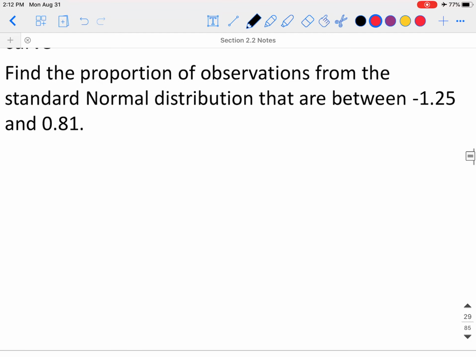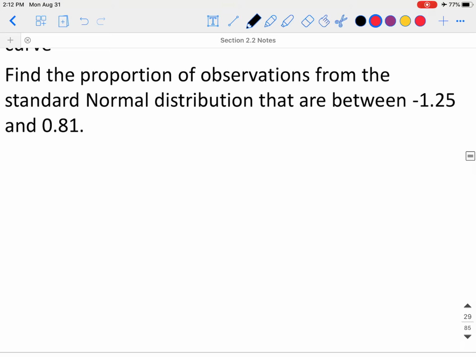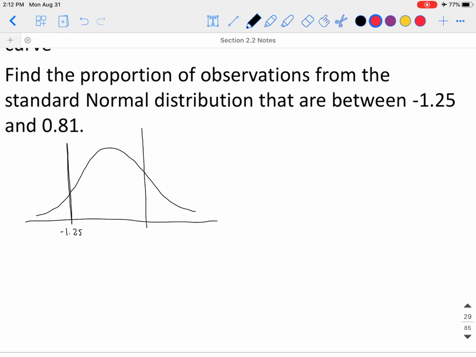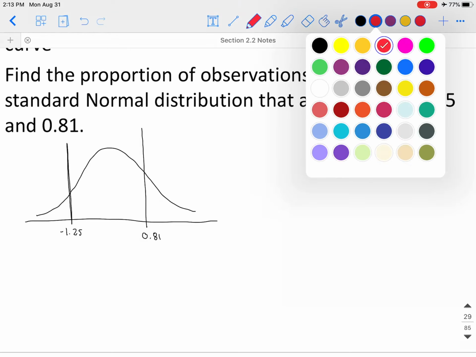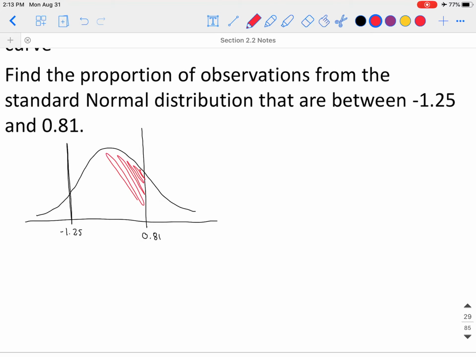So we need to find the proportion of observations on the standard normal distribution that fall between 0.81 and negative 1.25. So negative 1.25 is going to be a little bit more than one standard deviation below. So a z-value of negative 1.25 would be down here. And 0.81 is going to be a little less than one standard deviation above the mean. Remember, we know it's one standard deviation where it changes curvature from curving down to curving up. So we need to find the area